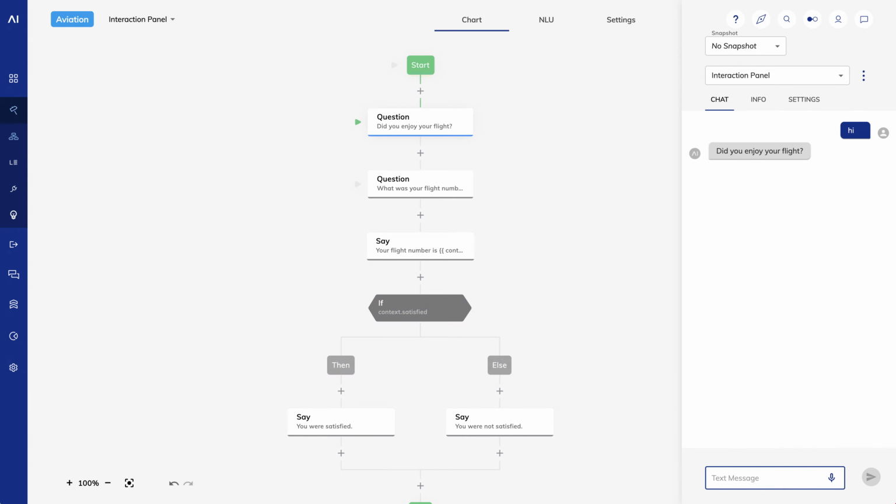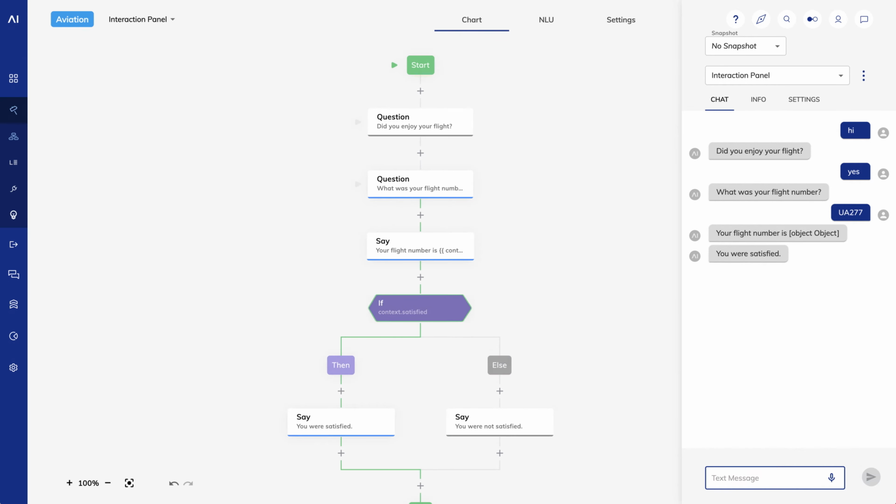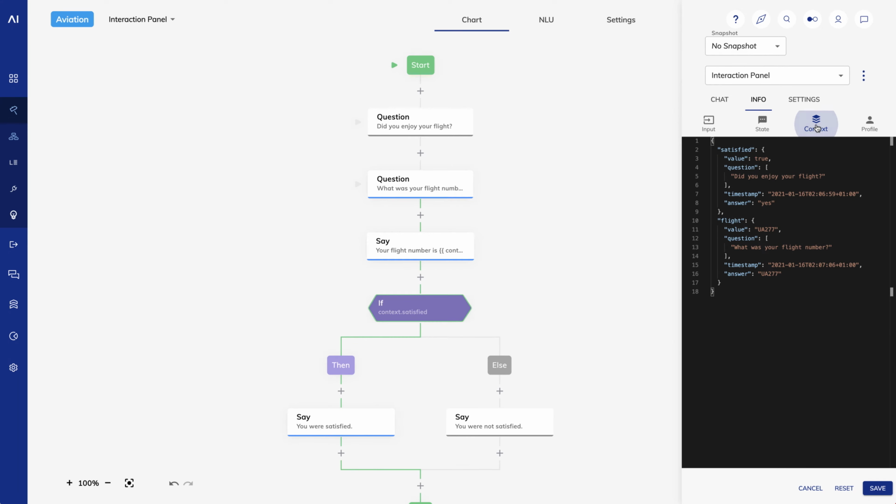I'll go through the flow again. Now it says your flight number is object. That's not what we're looking for, so let's examine the Cognigy context to figure out what happened.